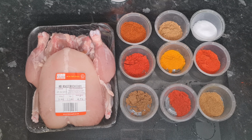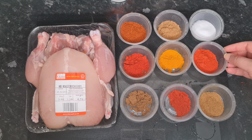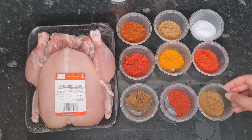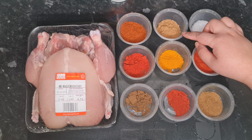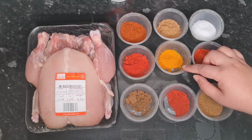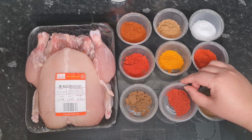For the masala, we need 2 tablespoons of salt, 2 tablespoons of red chili powder. We need 1 tablespoon of cumin powder. We need 1 tablespoon of coriander powder. We need also 1 tablespoon of turmeric powder. We also need